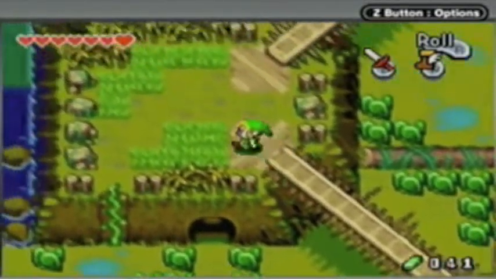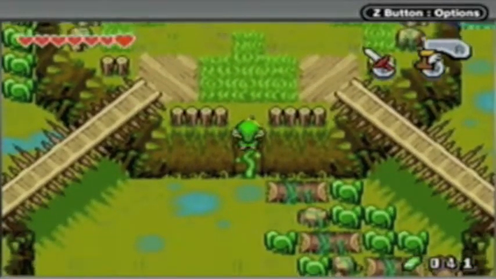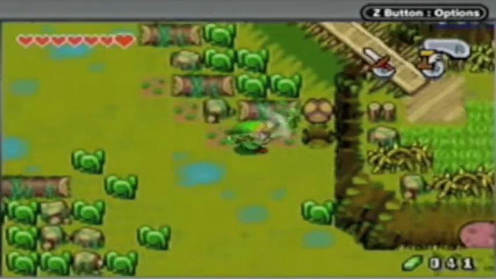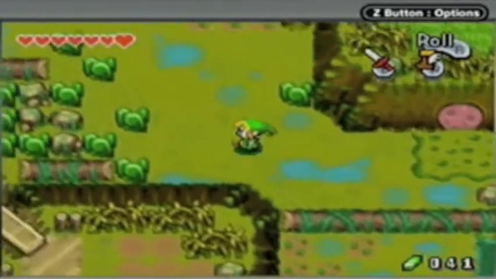Because you have these top paths here that you'll be going across, and you have the bottom part, and there's just so many places blocked. It's just difficult to describe how to get around here, and I wish I could give you a better explanation of this. But